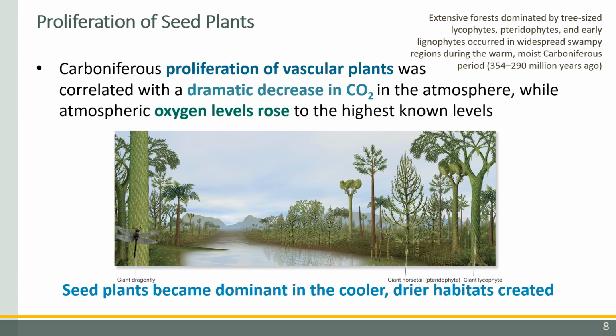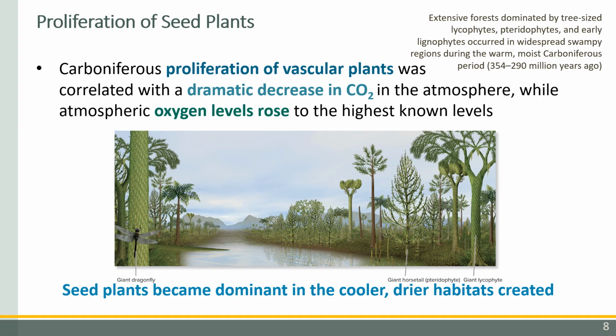Seed plants began to dominate during the Carboniferous period. The Carboniferous period spans from about 350 to 290 million years ago. Prior to this, the dominant plants were our seedless vascular plants, so you can think of ferns and whatnot. This image here from our textbook shows really, really large seedless vascular plants, basically giant ferns here. These evolved in a time that was